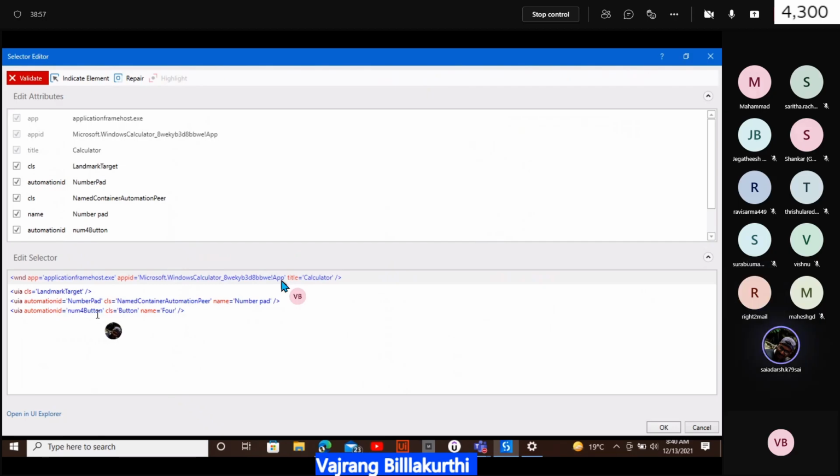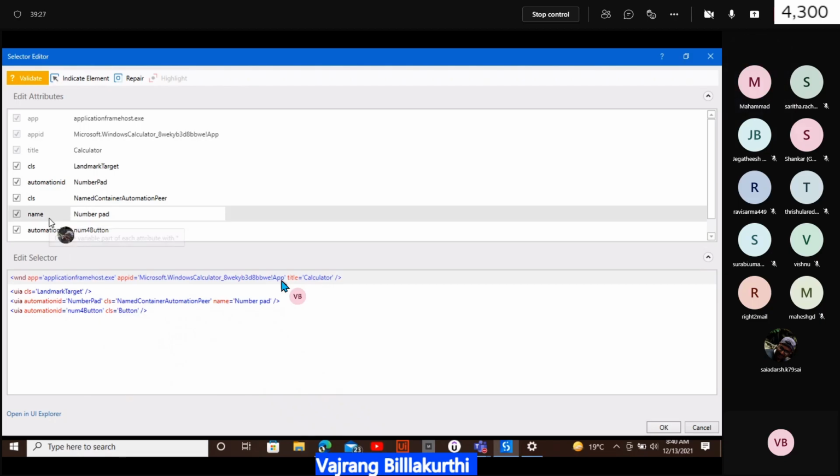So remove the name equal to 4, because that's not required. Even if you keep star, name equal to star doesn't have any value, it can be anything. Here you see number 4 button.